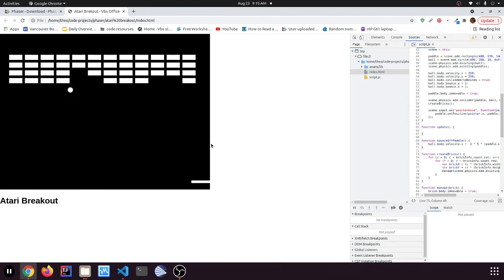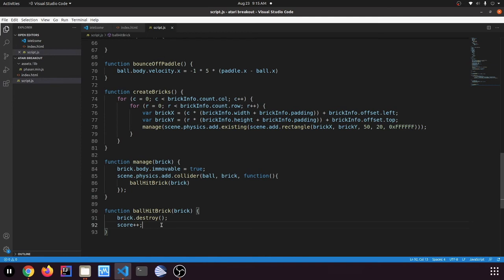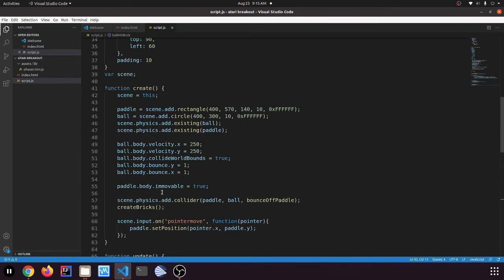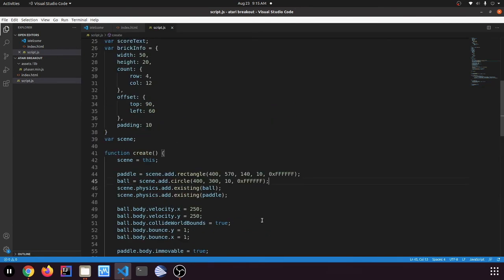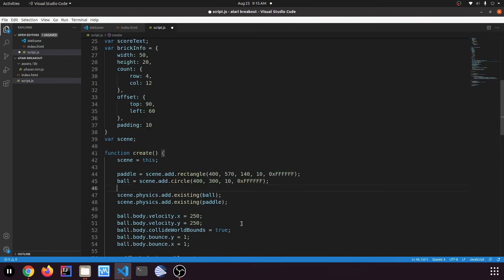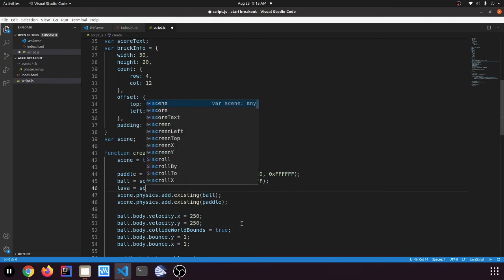So, the next thing you need to do is to make some text to actually tell you the score and also the lives you have. And then we also need to make a game over function in a way that you can lose lives when you hit the bottom. And then we shall be done. So let's do that. The first thing we need to do is create the text. So let's go, actually no, we're going to create the lava first. So under paddle ball, we're going to go lava as well. So lava equals